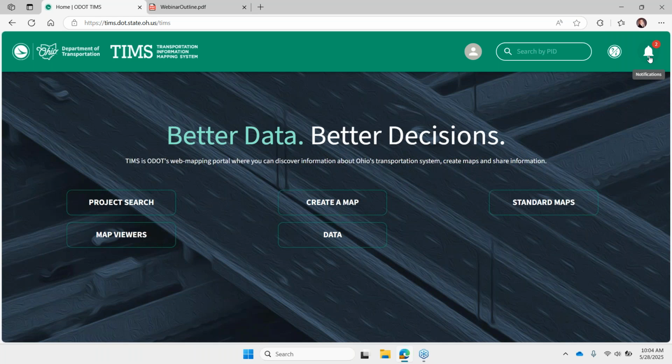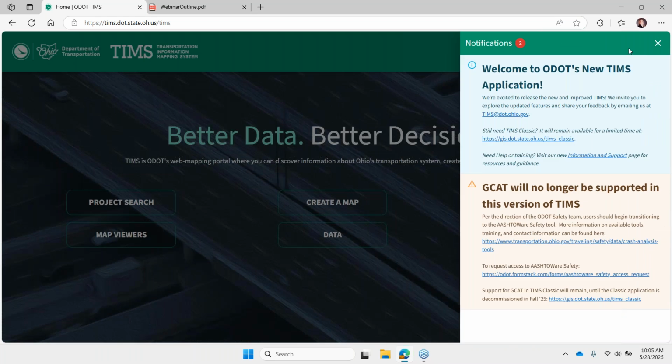If it's the first time you've accessed this new site or you're on a new browser or new computer, you may see a notification banner across the top of this page. You can X out of that, and then your browser, in your cookies, will remember that you've already read that. You don't need to see that every time you open the home page. But you can always access all of the active notifications through that bell icon.